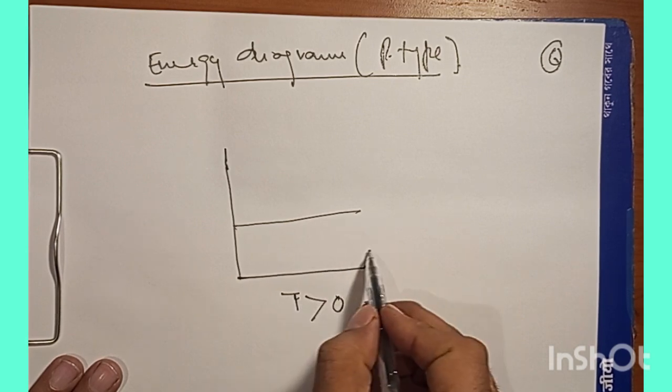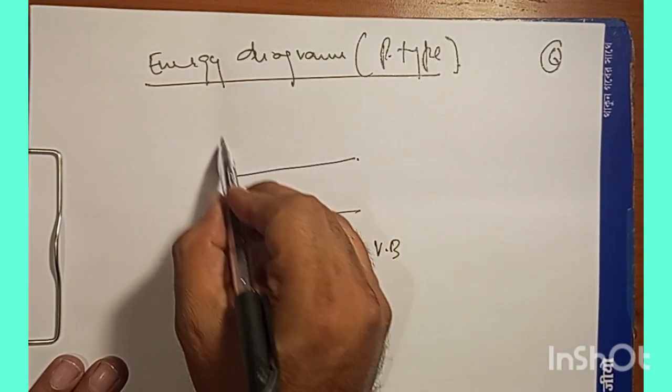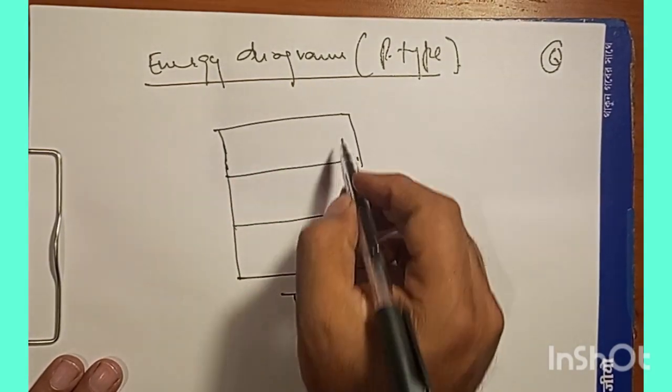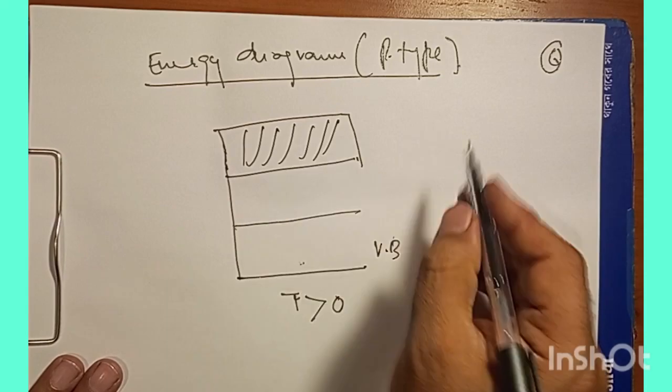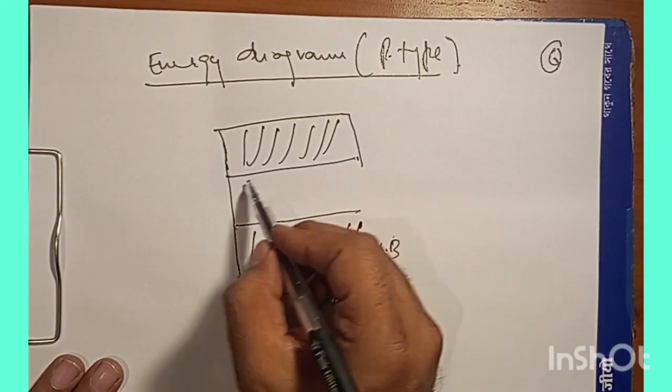We have the valence band and the conduction band. Say it's like this. This is my conduction band, and this is my valence band, and there is an energy